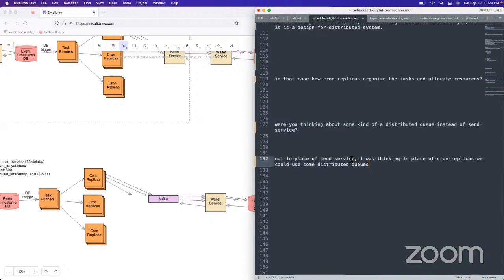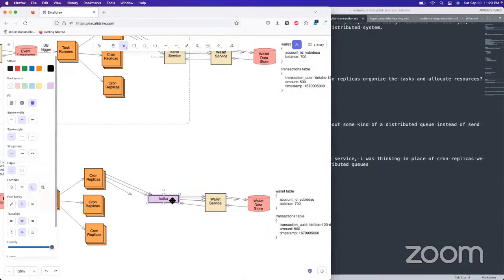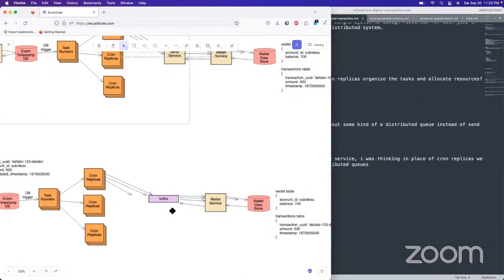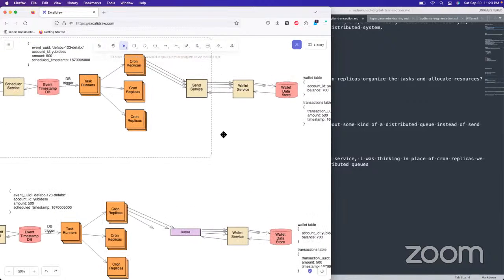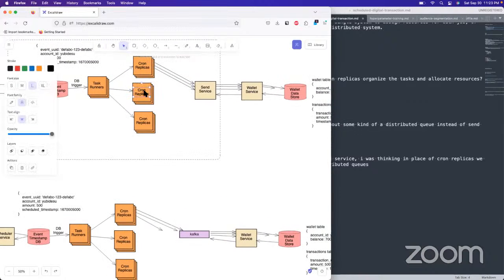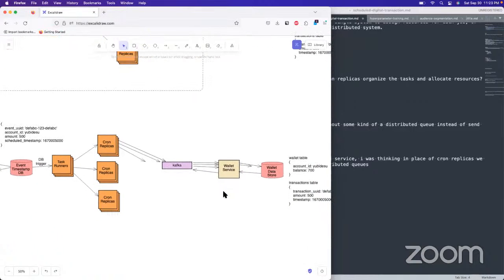Message brokers are a lot like a pure write-ahead log. I think Martin Kleppmann even goes over ideas like that in some of his writings out there. But they're a lot more like a pure write-ahead log, and you're not supposed to try to stick a delay on them. So that's why I think having the cron replicas or going with threads here is maybe a good idea. I really want to draw out that alternative of using